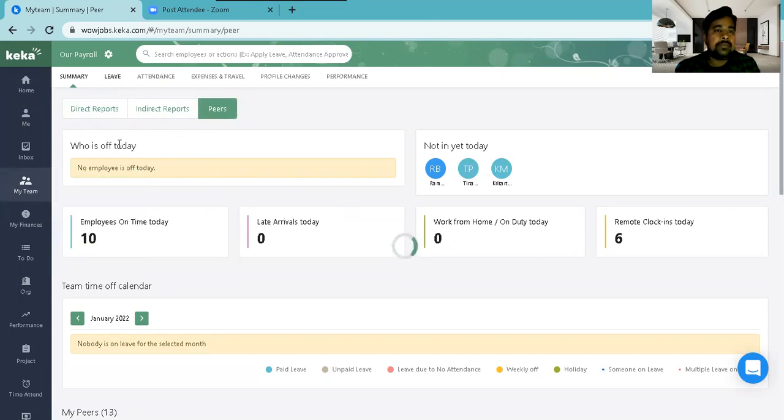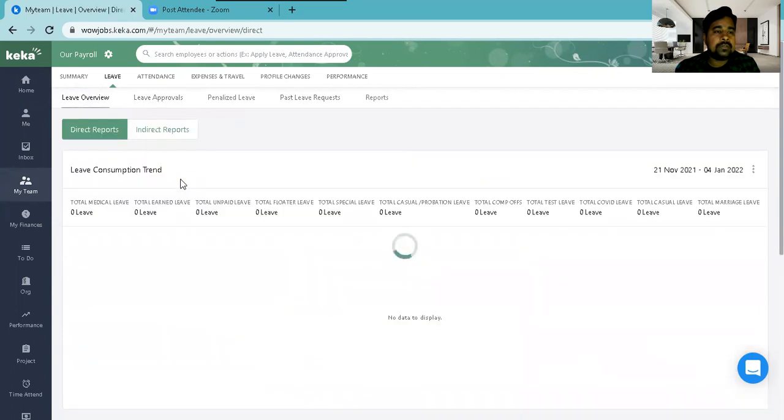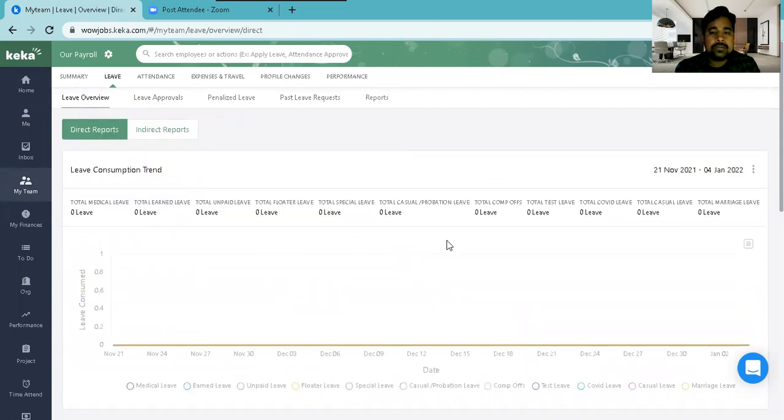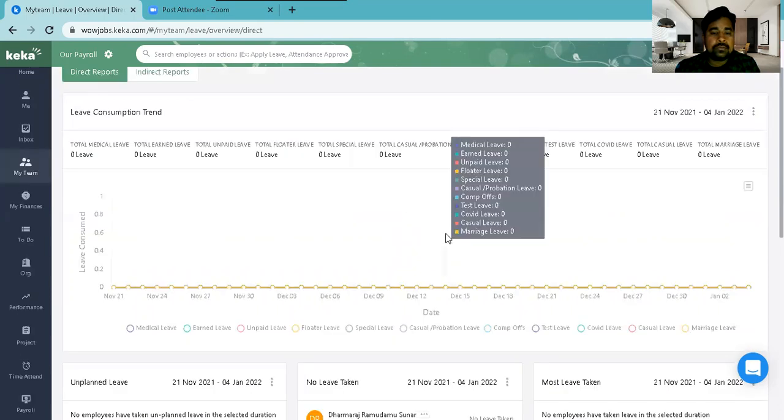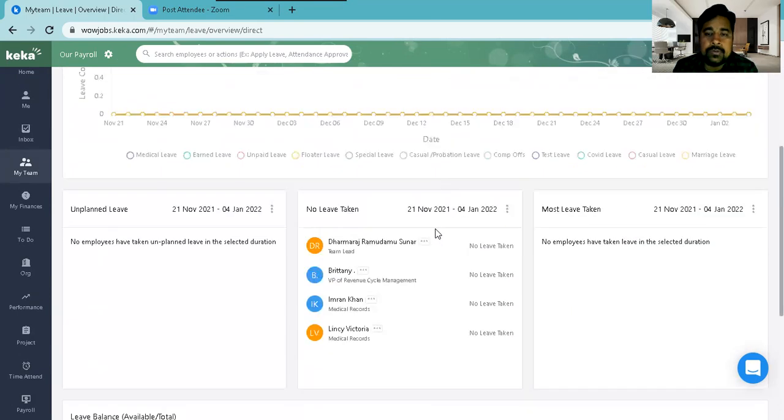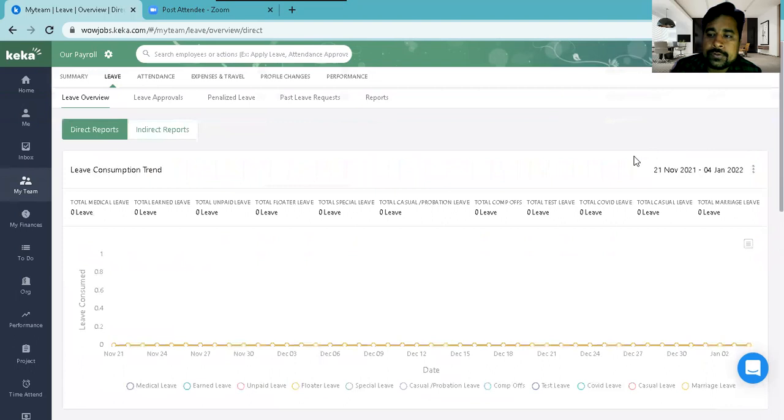My team leave. You can check your team leaves, direct reporting. I don't have any direct reporting, so it is not displaying here.